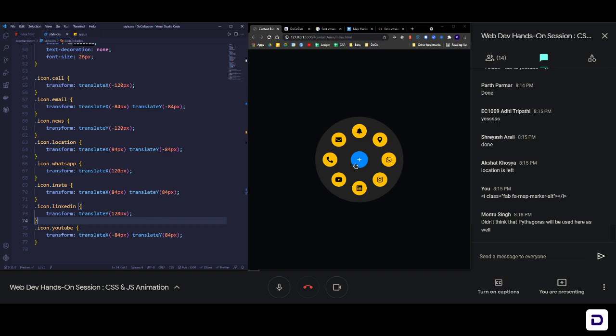And now what we'll do is we are going to create some extra classes. Okay, so till then, before we move on to that point, let me know how many of you are done with this. Do you have the final product what we are making? Don't think that Pythagoras will be used here. No, it will be used, but there will be two things that will be used, so you can calculate the distance and all. Okay, or more easier than that would be to just use a design tool like Figma and keep all of these icons together and then measure the distance using the ruler. Very easy.